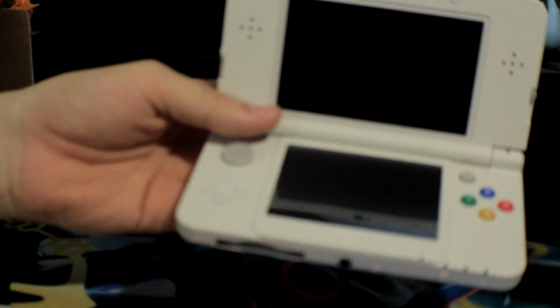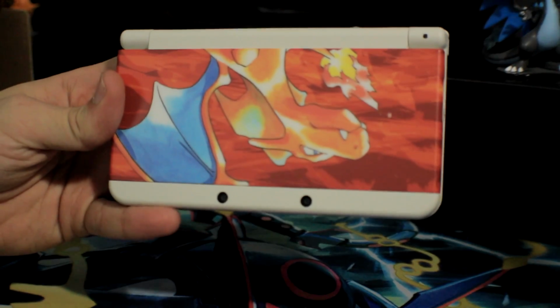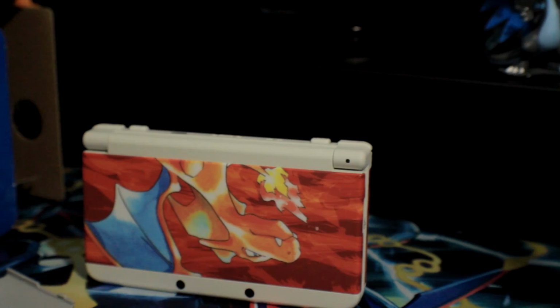So let's go back over here and actually try to switch out the faceplates because it seems like it would be a little bit easier said than done. I've never done this before. It looks like you are going to need a screwdriver after all. So I've got my boy Stanley here. So Stanley's going to help us out. Remove this faceplate or backplate, I guess. But it's just 2 little screws and...